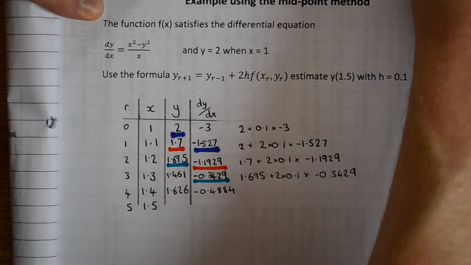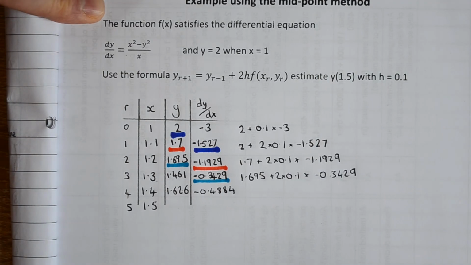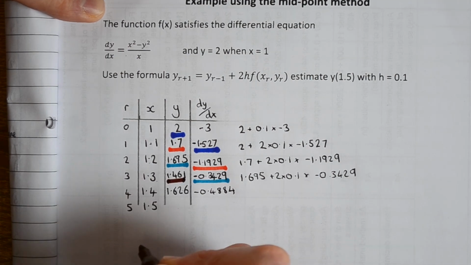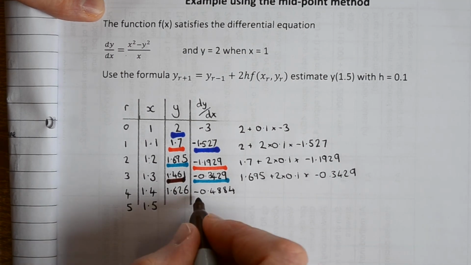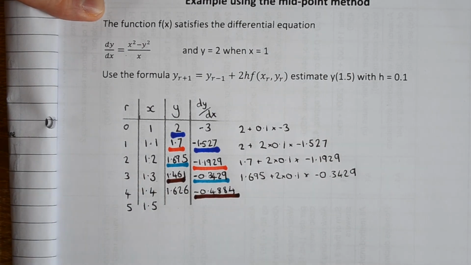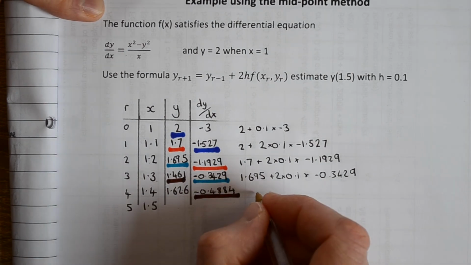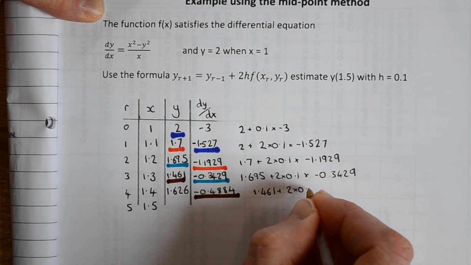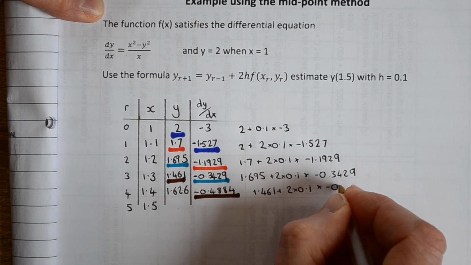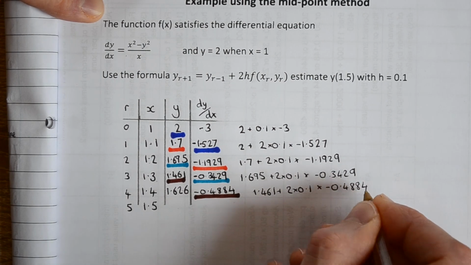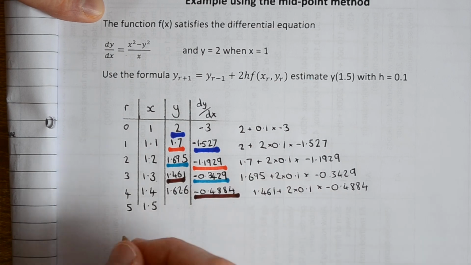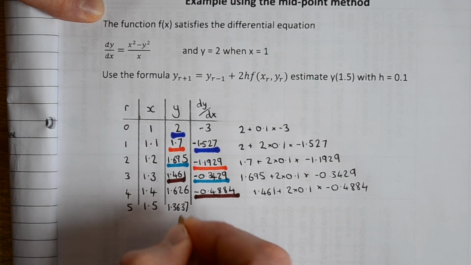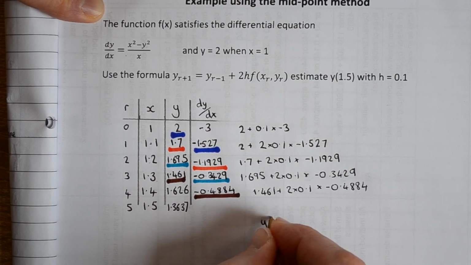Okay, so now we can find, for this value here we need to go back the 2 spaces for our y value and then take 2 steps at that gradient. So it's 1.461 plus 2 steps at that gradient. And our value is 1.3637. So final answer